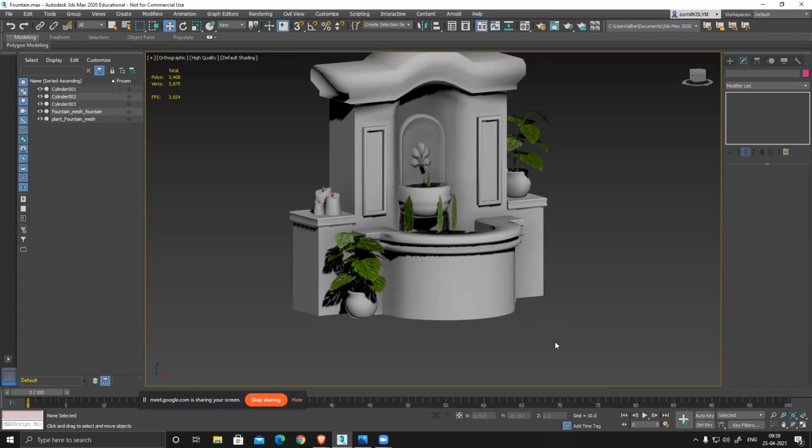We can create a high poly and bake it in Max itself and generate all the maps, and then texture it nicely. That will look really nice. And we are taking a realistic approach, so we'll create a realistic texture for this. That's the whole idea.